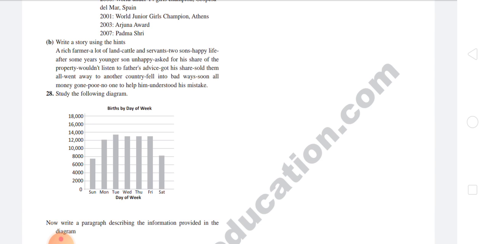Okay, dear students, that is all about our English paper 2 model paper. I hope you can definitely understand everything. Once again I would like to repeat: the first paper contains 35 questions for 50 marks, and the second paper contains 1 to 28 questions, only 28 questions, and this paper is also for 50 marks. In English paper 2, most of the questions will come from outside the syllabus. That's why we have to work hard for this. English paper 1 is not like that. Everything comes from our syllabus, so there is no problem.